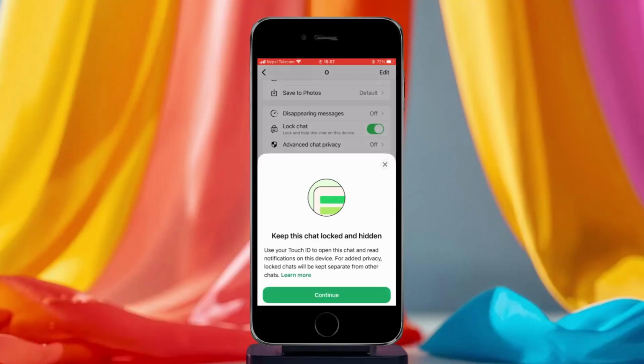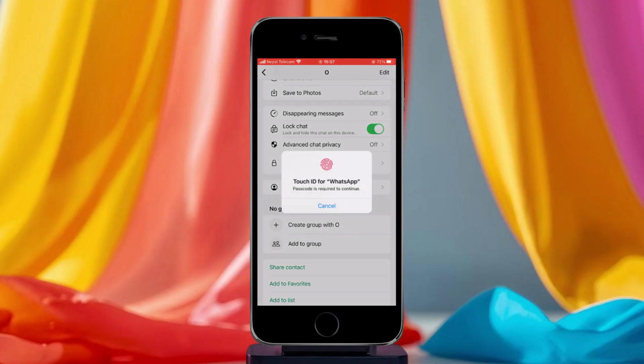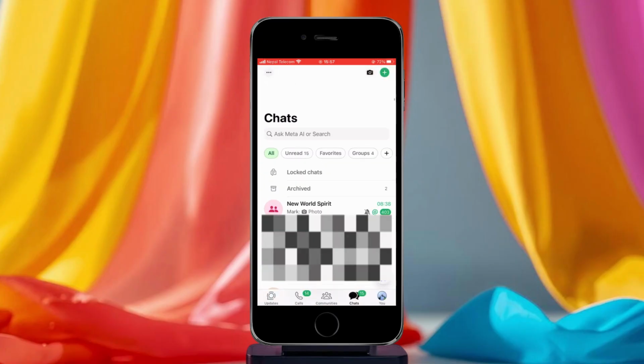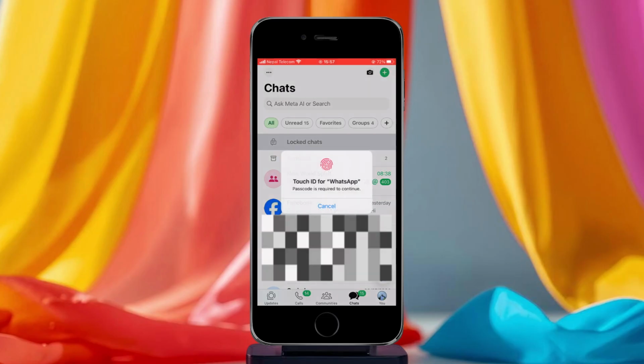Next, tap Continue. If prompted, use your Touch ID or enter your iPhone passcode to continue. Once the verification is complete, tap OK. That's it. Your chat is now locked and moved to the Locked Chats folder, where it can only be opened